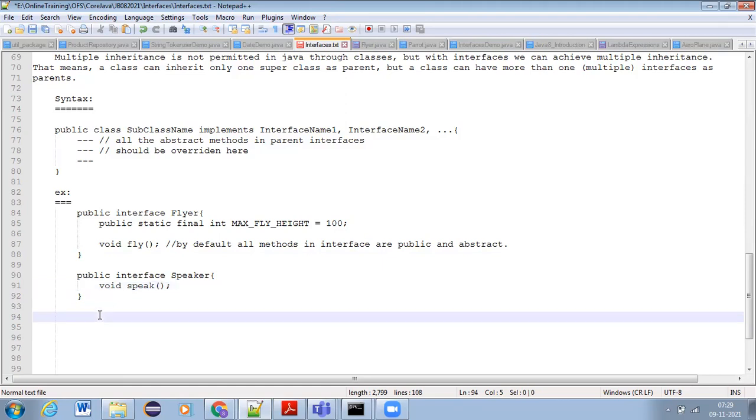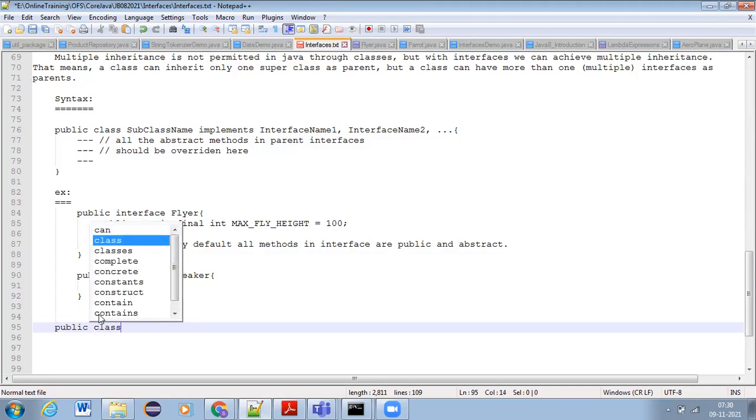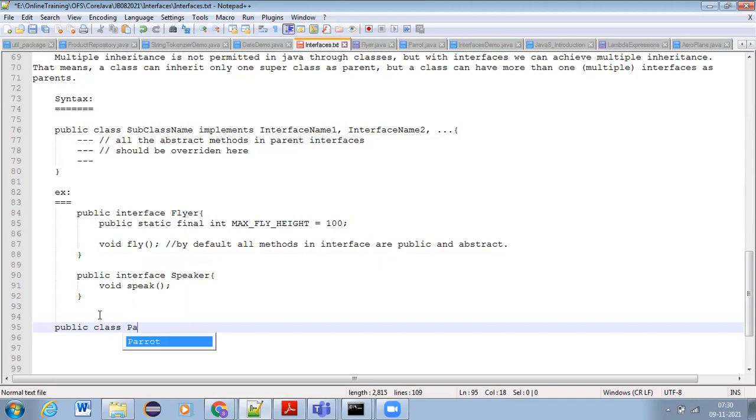Now, what is the subclass that we can write for this Speaker? We can write public class Parrot. Parrot can speak or not? Parrot implements Flyer, comma, Speaker.